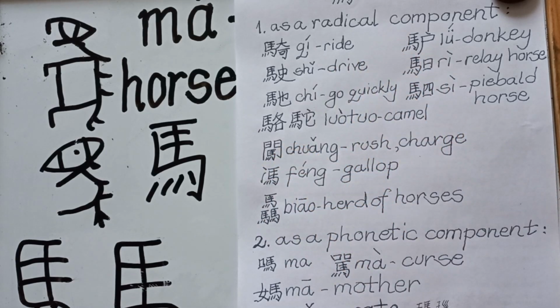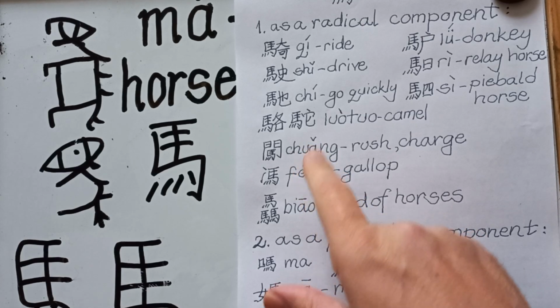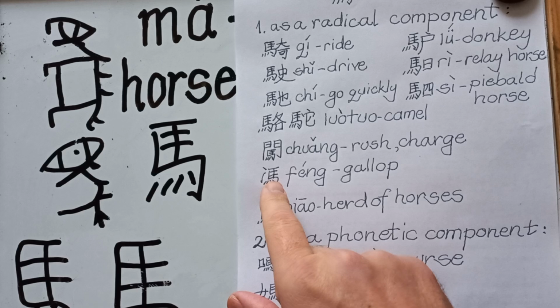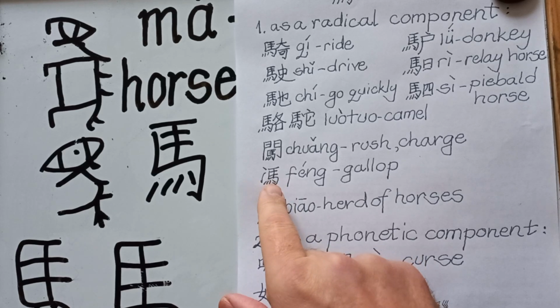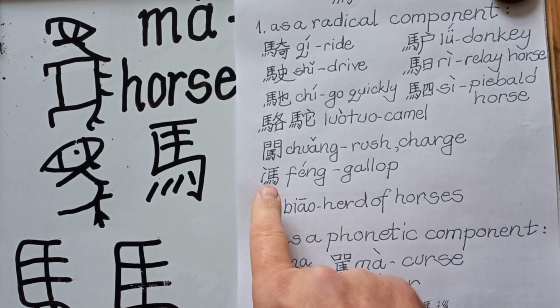All right? But Ma can also be seen, not very often, on the right-hand side of the complex character, as it is the case here in the